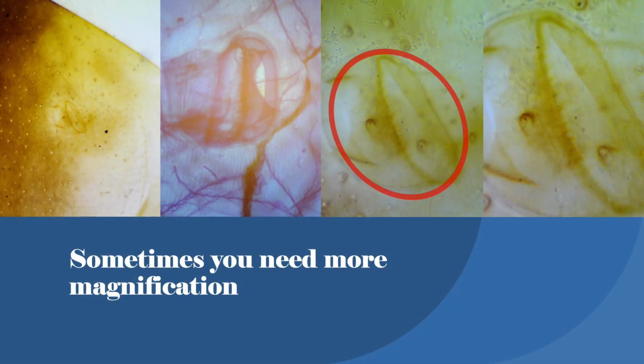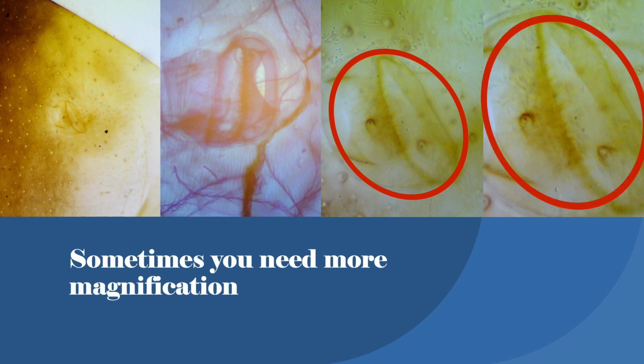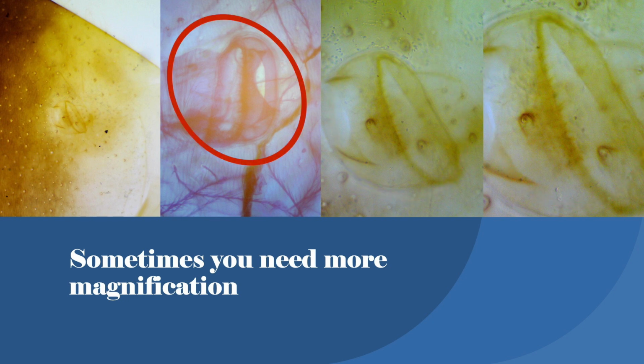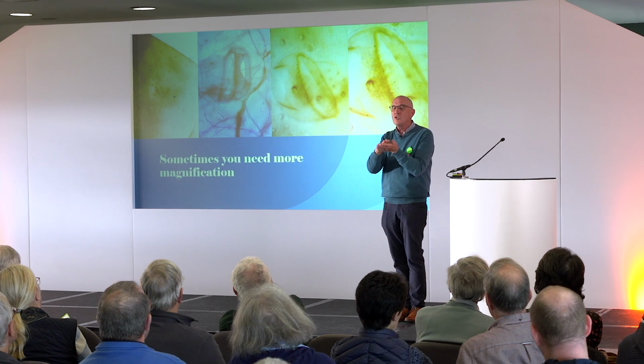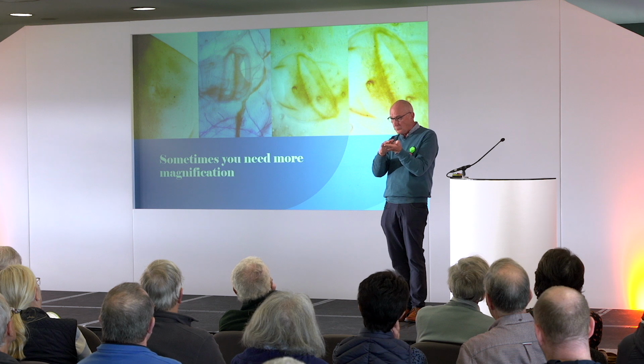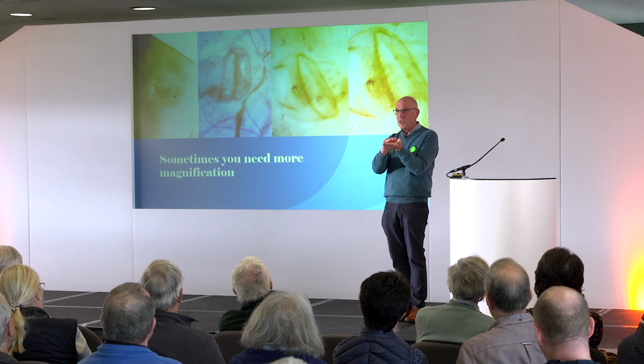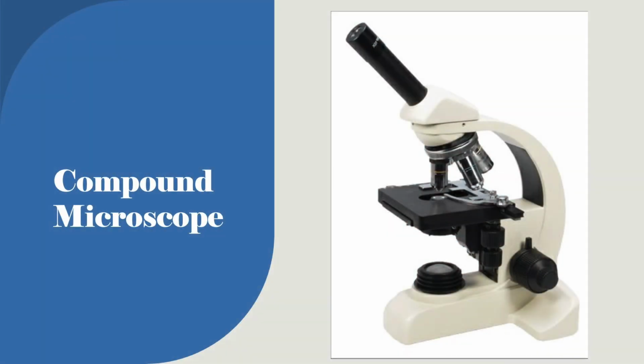And I think this magnification is better than this one, because it shows the crispness. In fact, that one's quite good because it gives you the overall view of it. So when you're doing microscopy and trying to take photographs and show people what you're trying to present, you set the magnification appropriate to the size of the object you're trying to view. Hopefully that makes sense. But sometimes you need a little bit more, and that's when we go onto the compound